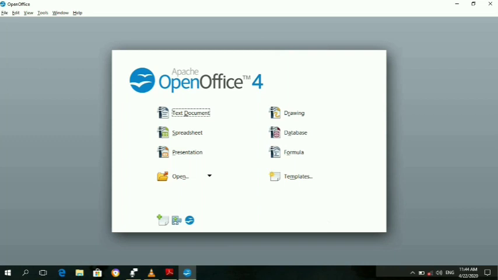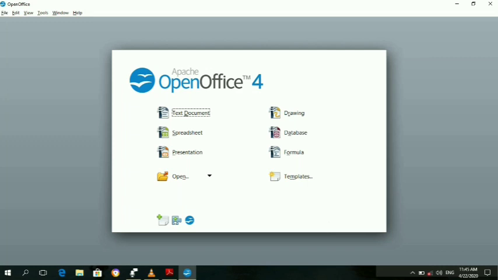Now this is the interface of OpenOffice, based on Apache OpenOffice 4. This office covers many types of application software. OpenOffice is a complete package which consists of different types of application software. First is text document, which is Writer.